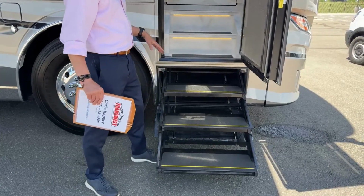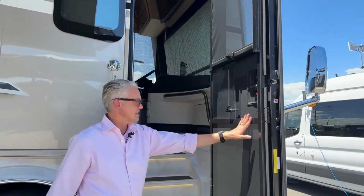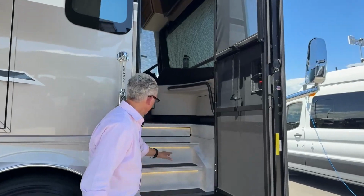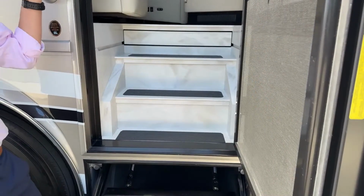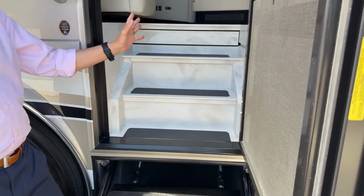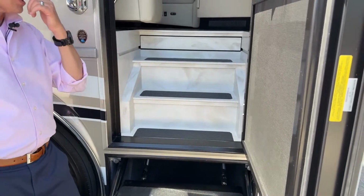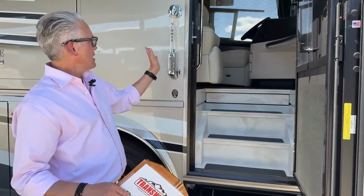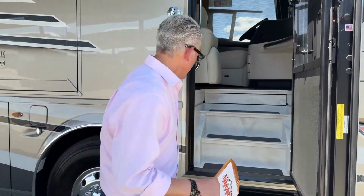So now coming in here, obviously I have a nice wide door, nice screen, and then here you'll see I've got these nice lit steps and then a step cover that comes up. So that way, when you're the co-pilot and you're sitting there, you don't have to worry about if you had to get up for something that there's a bunch of steps to fall down. Or maybe you're bringing your dog with you and your dog just wants to sit there right with you. So lots of cool options. Nice handrail right here to get in. We also have a handrail right there. So coming on in,